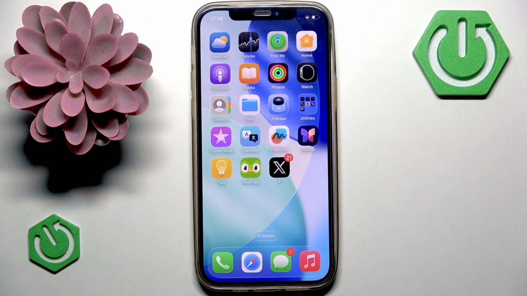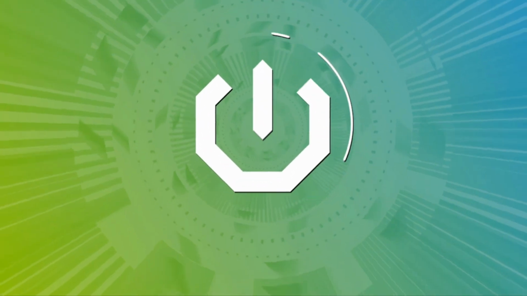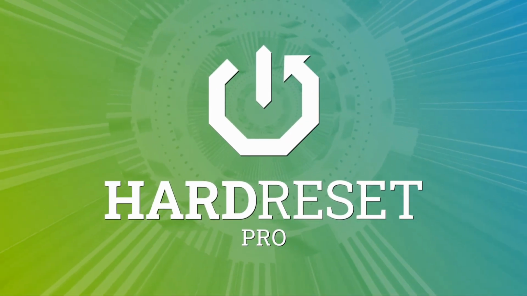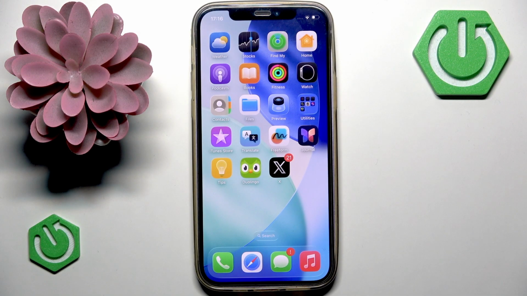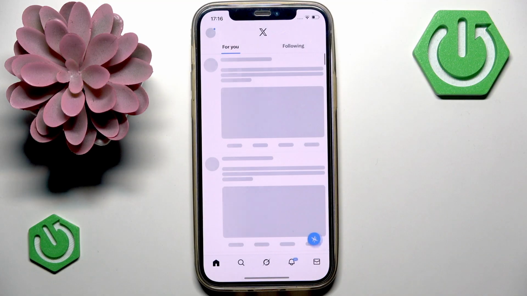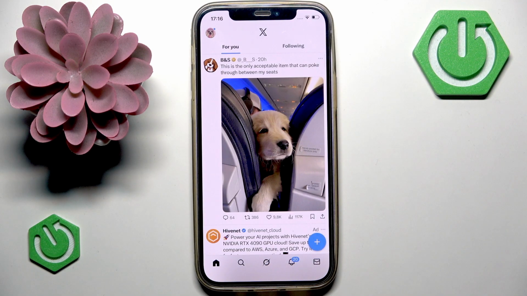In this video I want to show you how to add hashtags on X. So hashtags on X help you categorize your content, and also hashtags make your content discoverable to people who are interested in that topic. So let's open the X application on my phone,